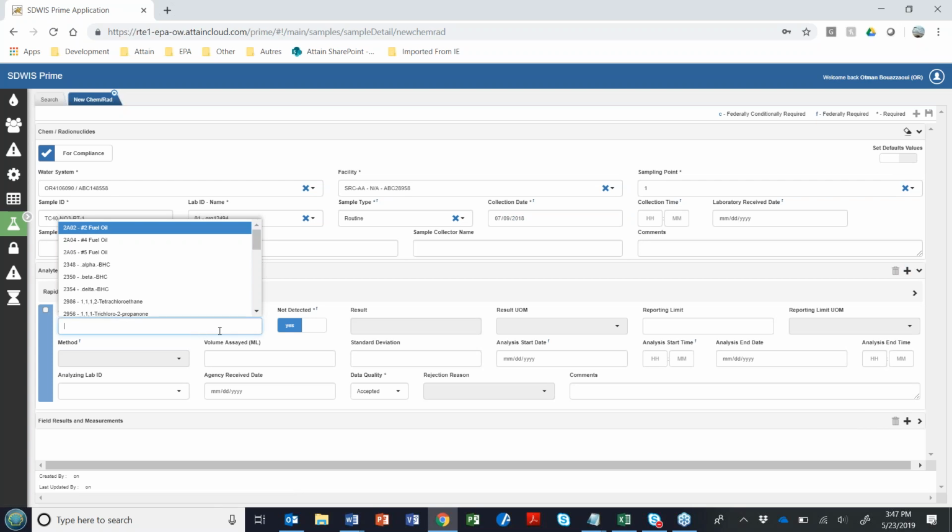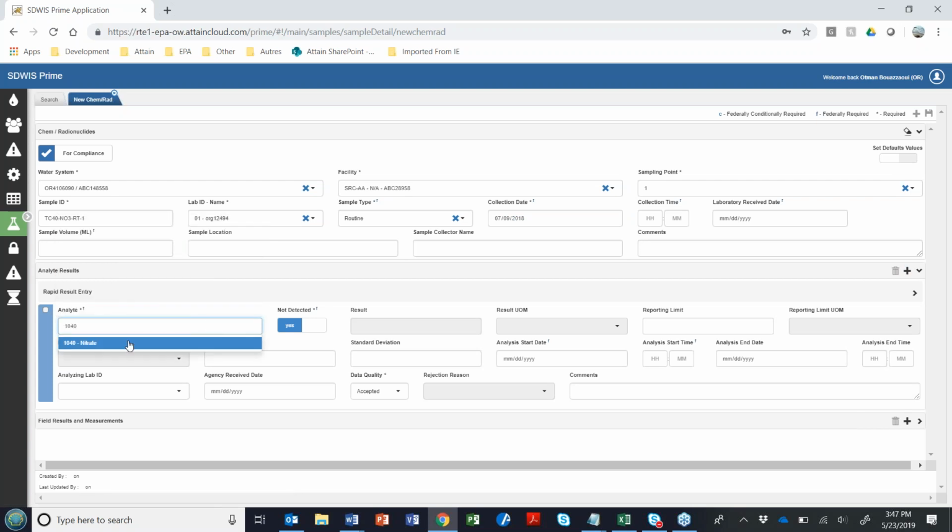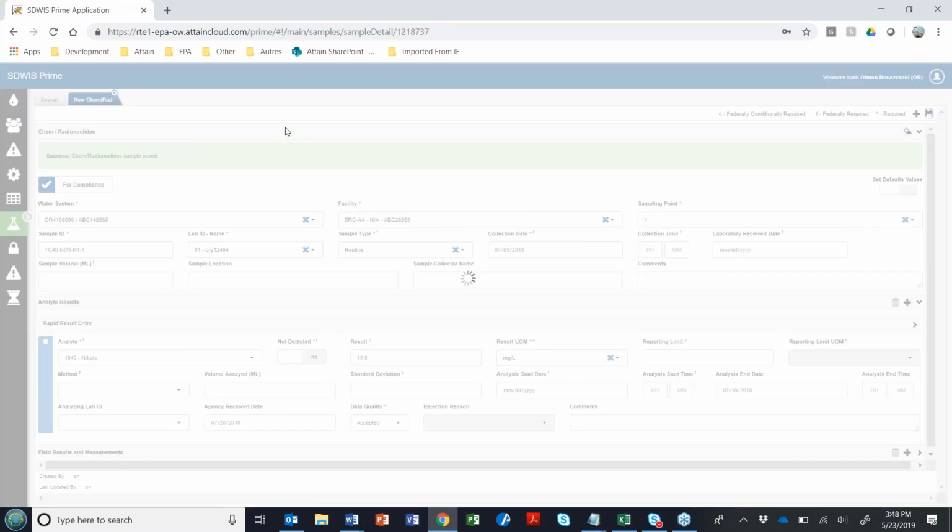And for this one, we're going to set the result to 10.8 milligram per liter. Analysis completed on July 18th, 2018, and received by the agency on July 20th, 2018. All right, hit the save button.